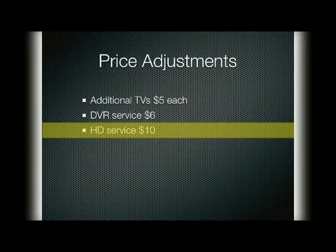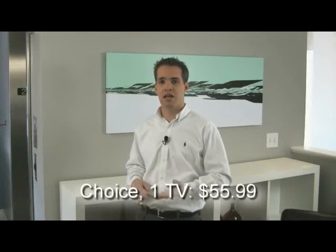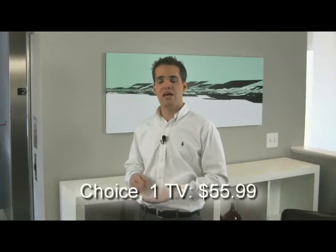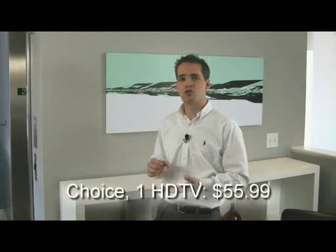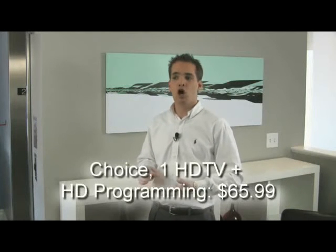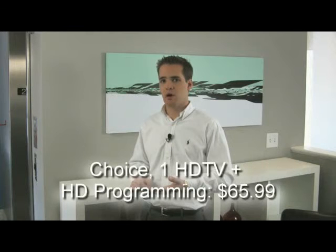High definition is the same way. If they get an HD receiver on their account, they have to carry an HD programming package. This enables them to get all their HD channels, which they're going to want anyway, but there is a $10 charge per month for that HD service. So once again, the Choice package being $55.99 a month on one TV, if that television is an HD TV